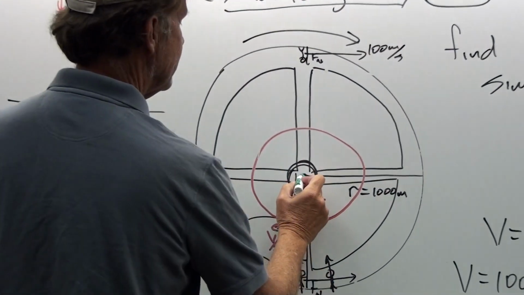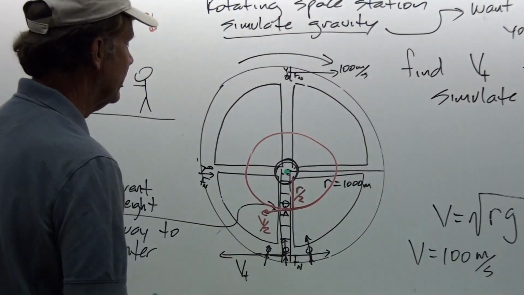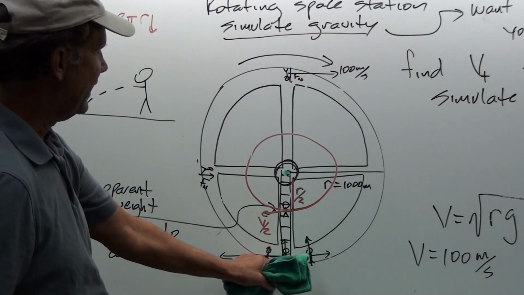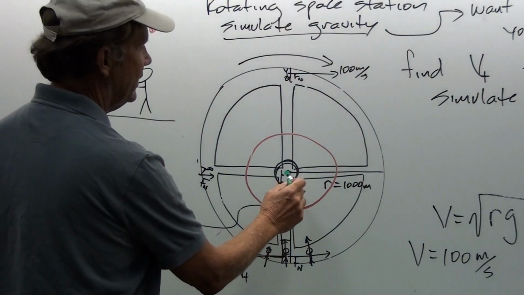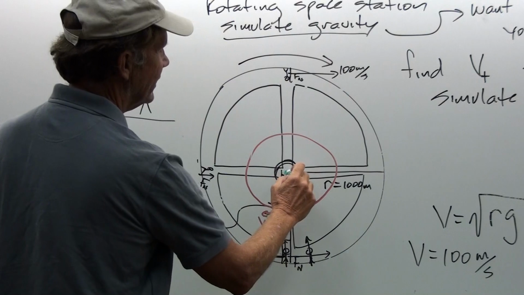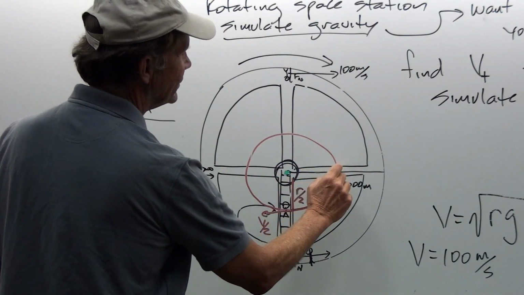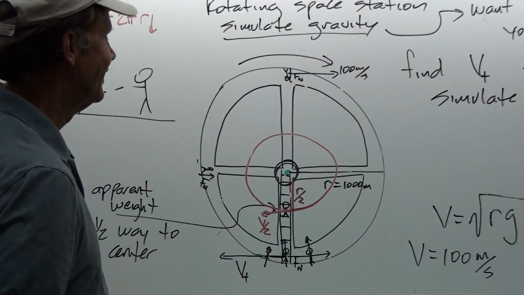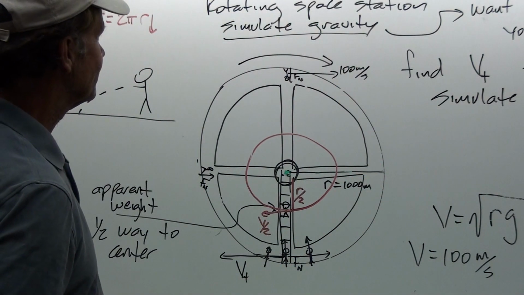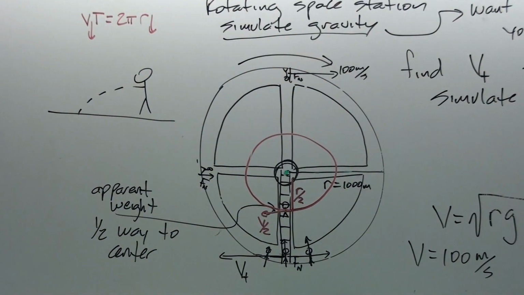And you don't have to accelerate at all at the center. And so that's why the apparent weight is 0 at the center. It's 1/2 at the halfway point, and it's your full weight at the outside point. So if you fall out of one of these things, you're kind of floating in here, then you slowly start picking up weight, and then you have your full weight by the time you hit the floor out there. Okay, so that's the space station example.